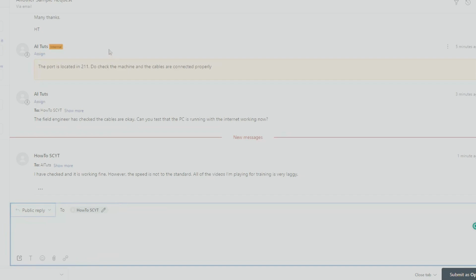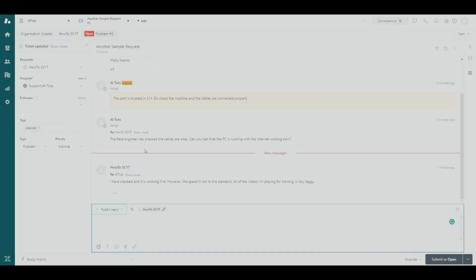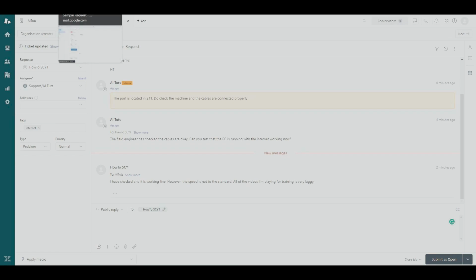So let's say we are away from our desk. What this does is we can actually double check the emails themselves from our assignee. The assigned person for this particular ticket is on AI Tuts, which is actually just an email that I have used. So if we go to that email,